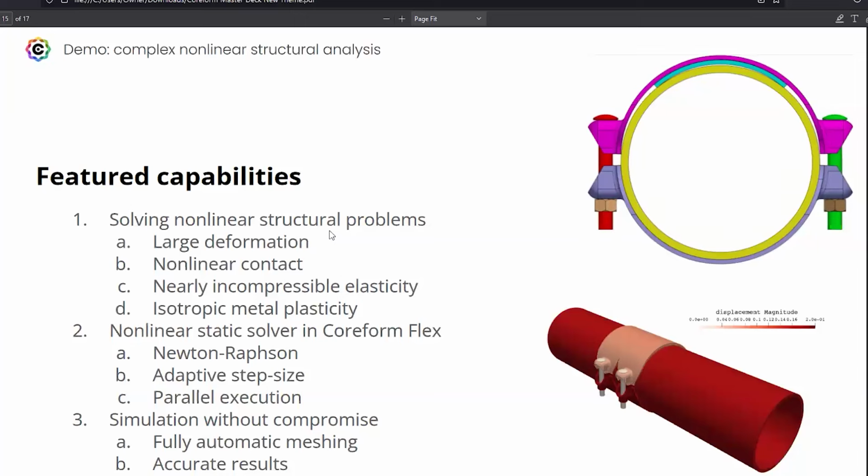nearly incompressible elasticity. There's a gasket. This blue part here is a gasket. It's nearly incompressible, as well as having metal plasticity active in our problem. And then this uses a nonlinear static solver based on the Newton-Raphson approach, which supports adaptive step sizes and, again, parallel execution. And again, I haven't had to do any defeaturing